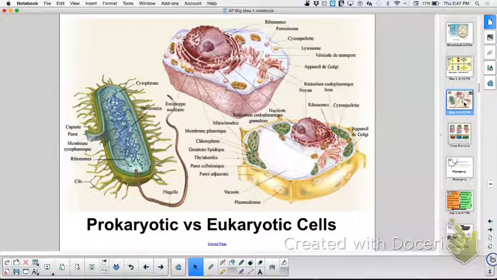What does prokaryotic include? Bacteria and archaea. What I happen to be showing you is a bacterial cell. This happens to be E. coli, but prokaryotic is under the umbrella, right? I mean, archaea and bacteria are underneath the umbrella of prokaryotic. Okay, go ahead.